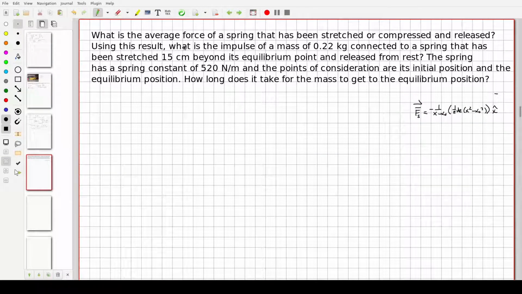What is the average force of a spring that has been stretched or compressed and released? Using this result, what is the impulse of a mass of 0.22 kilograms connected to a spring that has been stretched 15 centimeters beyond its equilibrium point and released from rest? The spring has a spring constant of 520 newtons per meter, and the points we're considering are its initial position and the equilibrium position. How long does it take for the mass to get to the equilibrium position? Okay,